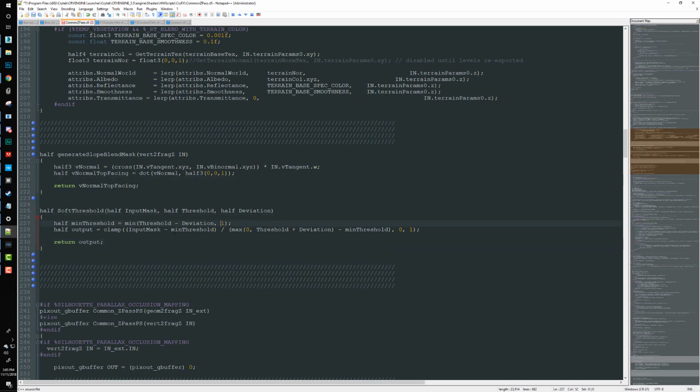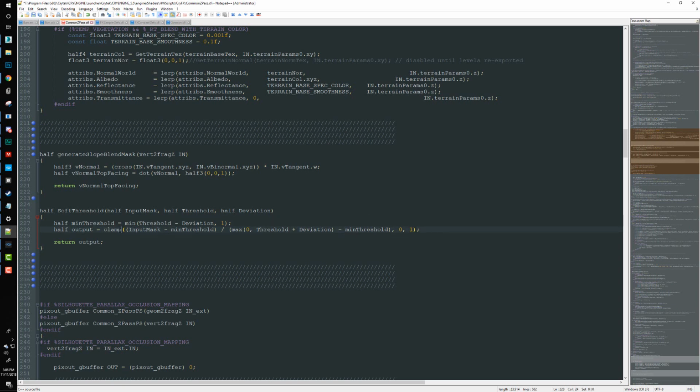Alright, so I'm just going to run over this real quick, just to make sure that it's understood as best as it can be. I am not particularly sure on the specifics of this one. This was very difficult for me to get a grasp on when I was making it, and Ivan actually helped me compress this down into this format. So we're taking our minimum threshold, we're calculating it. It's the threshold minus the deviation, and then we are calculating our output, which is a clamped version,